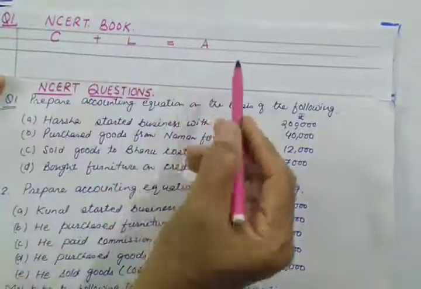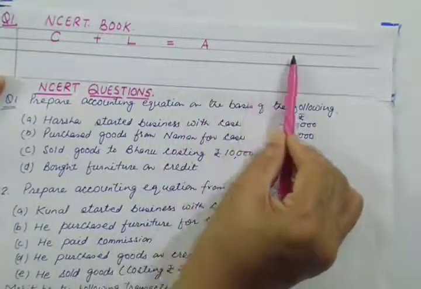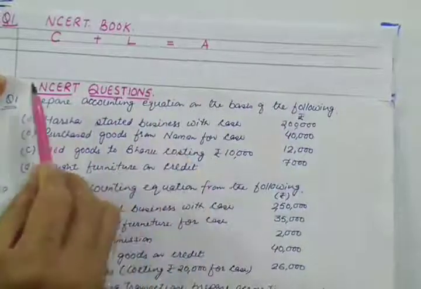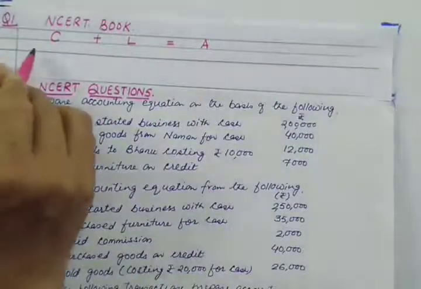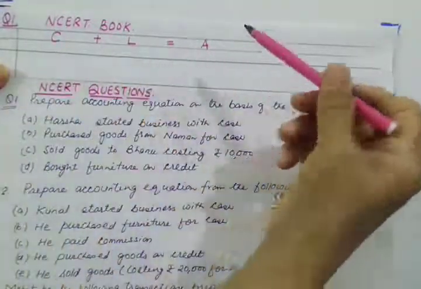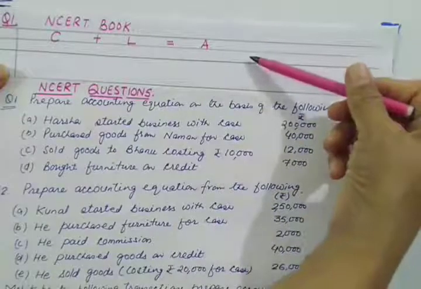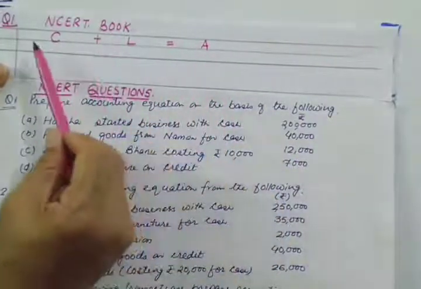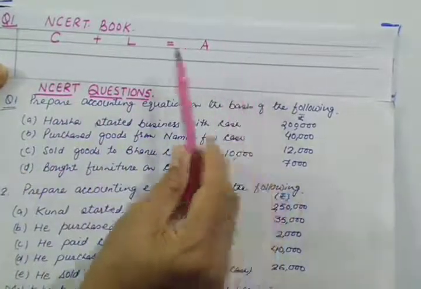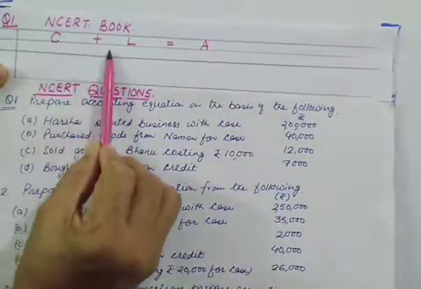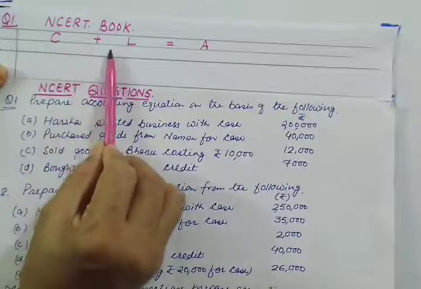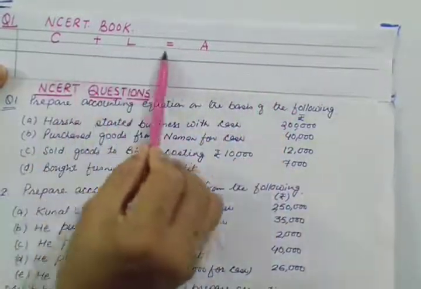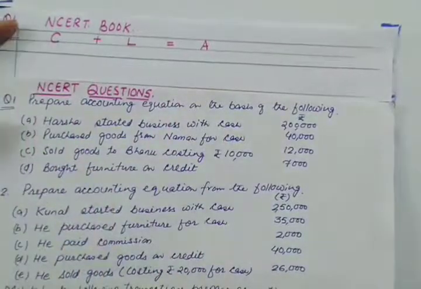What is the basic purpose? Because we will be having variety of assets here. So leave more space for assets. And moreover, I am leaving this line, the line next to accounting equation. The basic purpose of leaving this line is that in this I will be writing my name of liabilities and name of assets. So you can do like this. So let us start the numerical